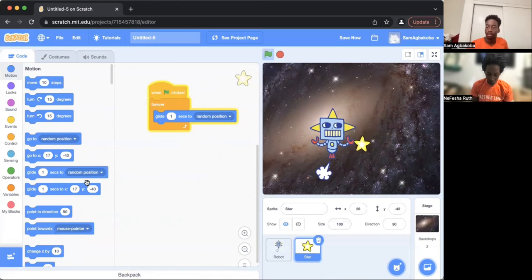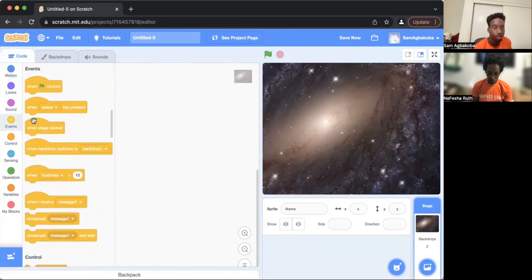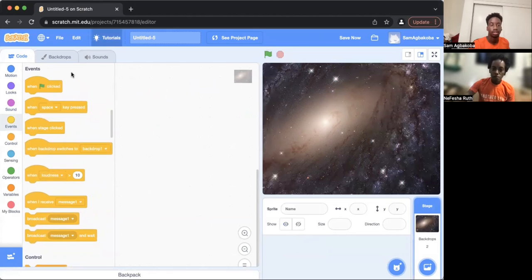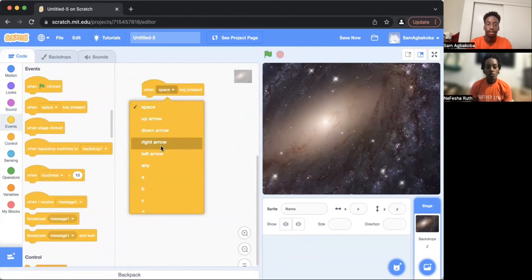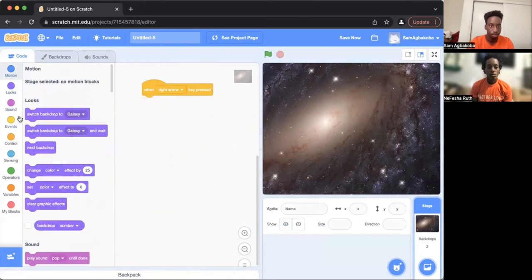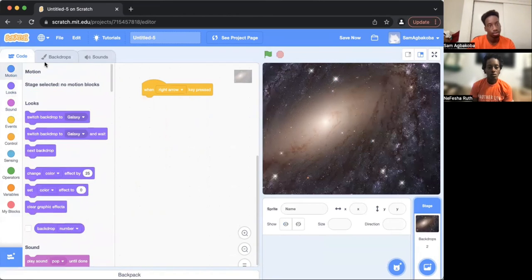So now, all right, as a recap of what we've done, we first go to our event section, and we go to when space key is pressed. This is what we'll be using for all of our left to right and up to down motions. Let's keep doing that. And then for your designated direction, we're going to go right. And when we go to the motion section, and we go to,